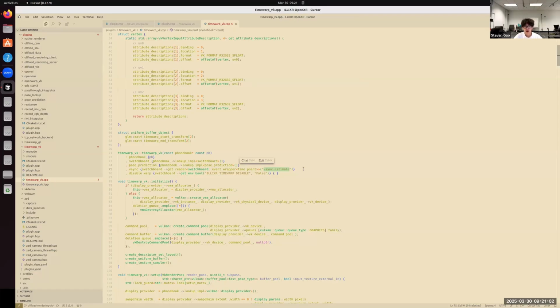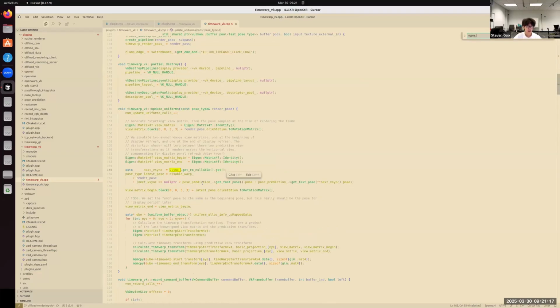So we would call the prediction function in the pose predictor using this vsync estimate, and we get this by getting a reader on the topic. Let's see how we actually operate on the reader. Here we read from the reader using get read-only nullable, meaning that if there's no message on the topic, it would just return null. Otherwise, it would return a read-only pointer to the last message on the topic.